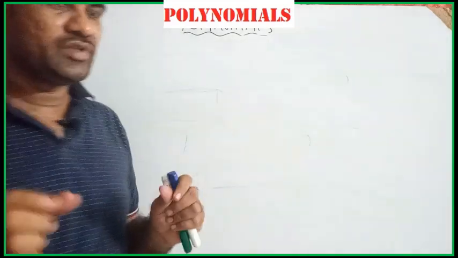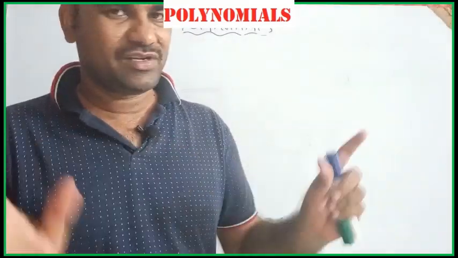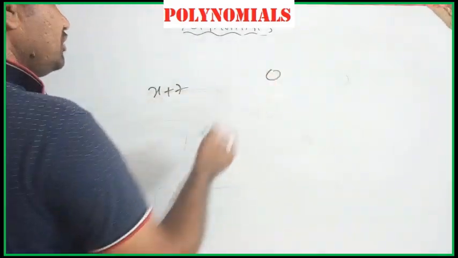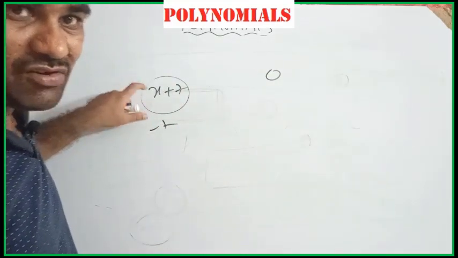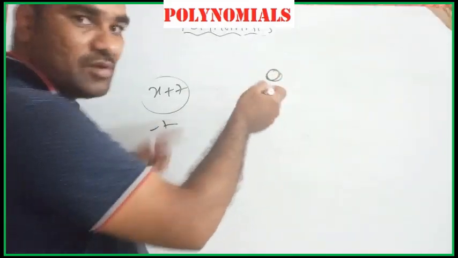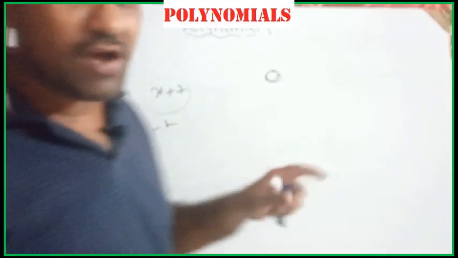Students, don't confuse the phrase zero of the polynomial with zero polynomial. They are different. Zero of the polynomial, zero polynomial. For 2x plus 7, zero of the polynomial means minus 7. That is the zero of this polynomial. This is the zero polynomial, the polynomial named zero. Here it is the zero of the polynomial. That's why zero of the polynomial differs from zero polynomial. Okay students, we just learned about zero of a polynomial.